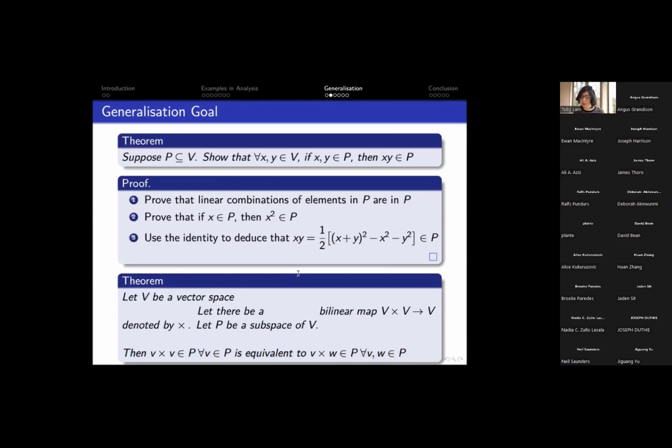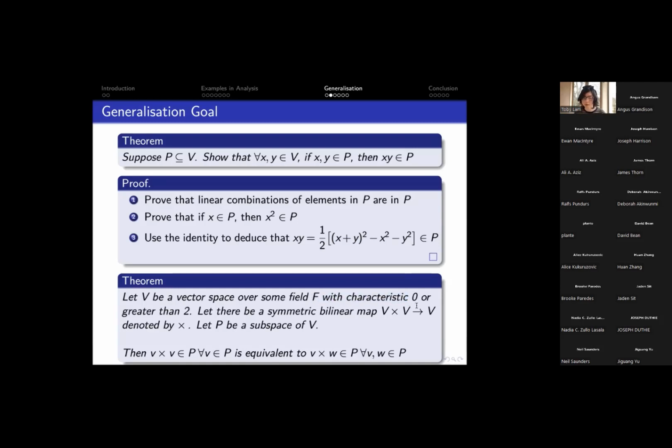Finally, we want to actually be able to use step 3. We want to use this identity, and this identity relies on two things. The first is that you want to make sense of 1 over 2, and what that means is that you want 2 to be invertible in the scalar field. And so what we would do is say that the field has characteristic 0 or greater